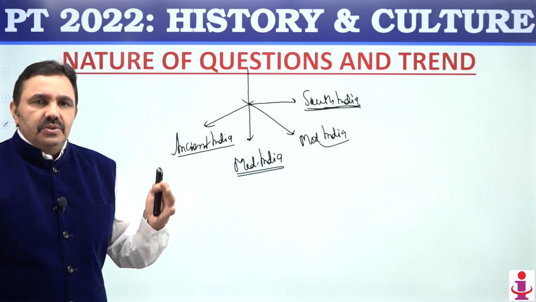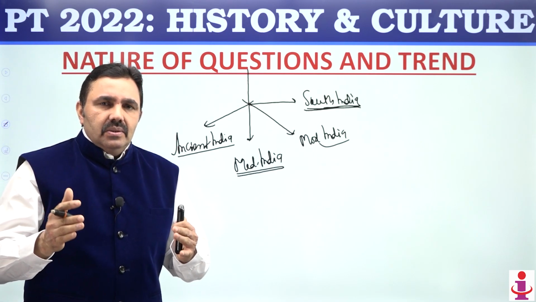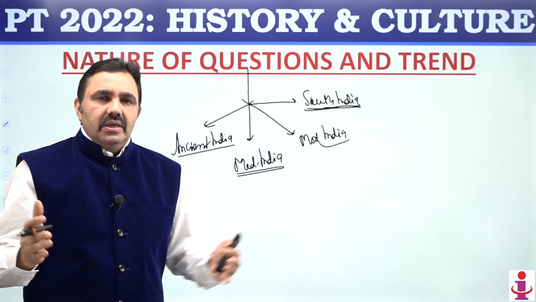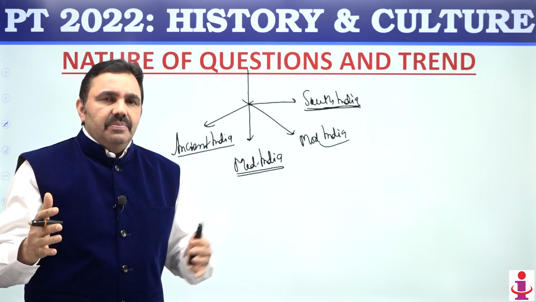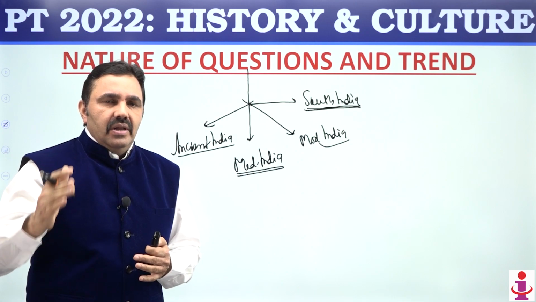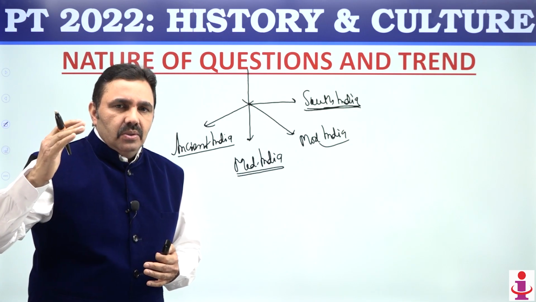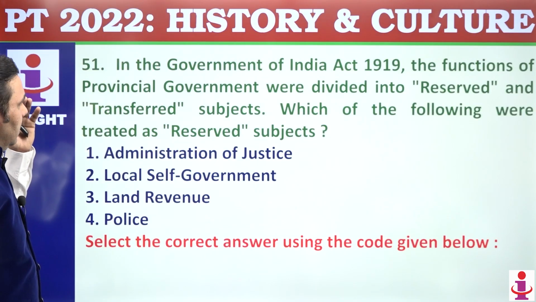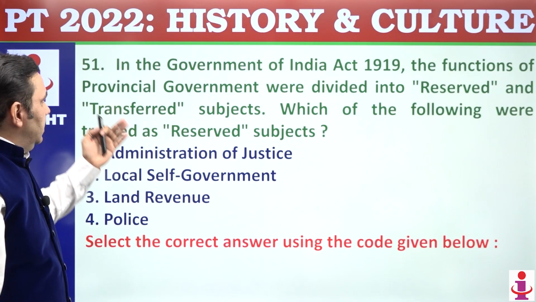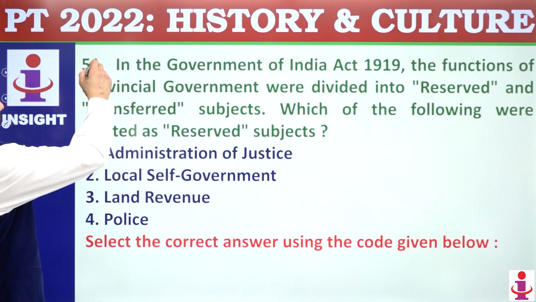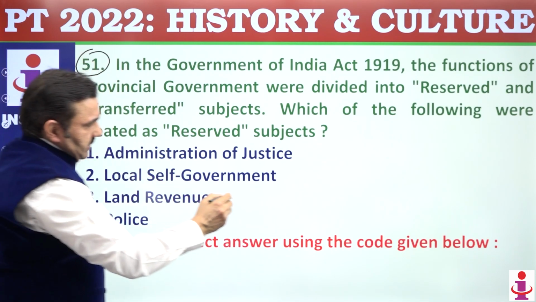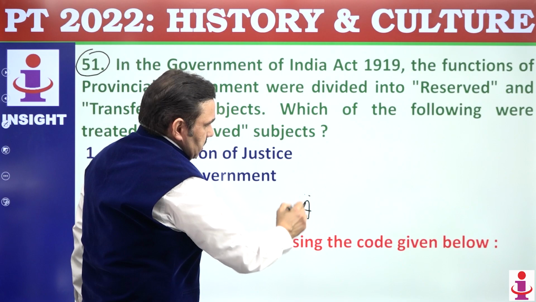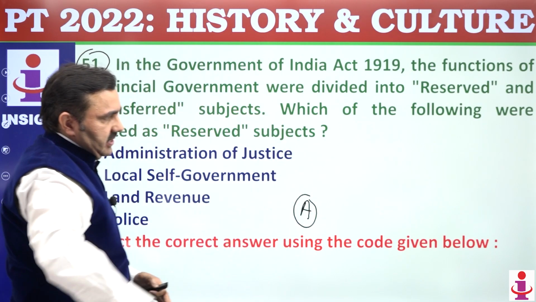The kind of paper which you have seen today is a bit more difficult than in normal years. So in this kind of difficult paper, 1 or 2 questions here and there will make a huge difference. So pay attention, let us discuss all the questions of history and culture. This is set number A, which I am discussing here. So the question number is given here, but you can also get help from set A.